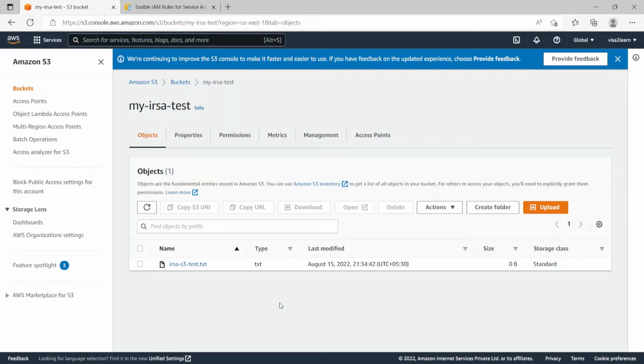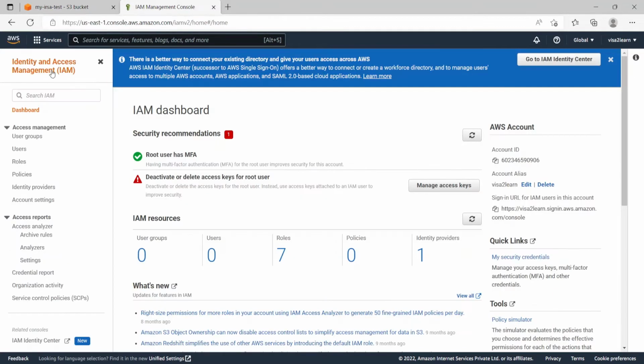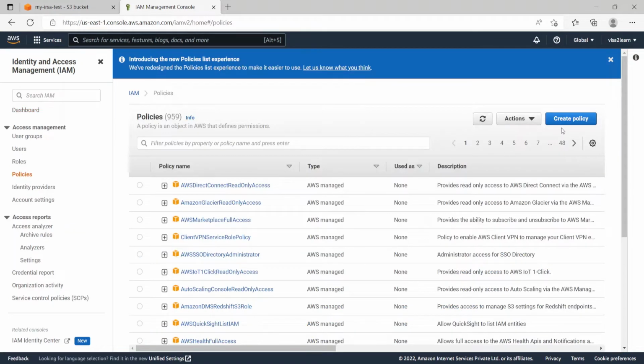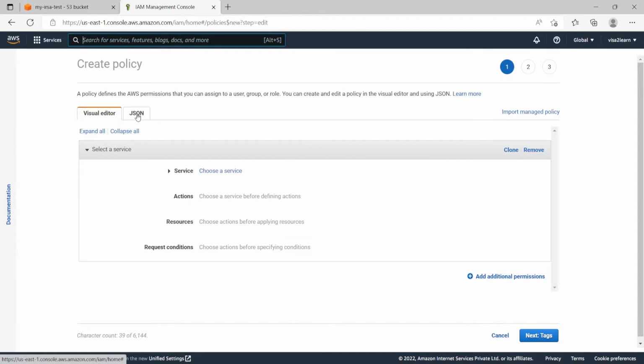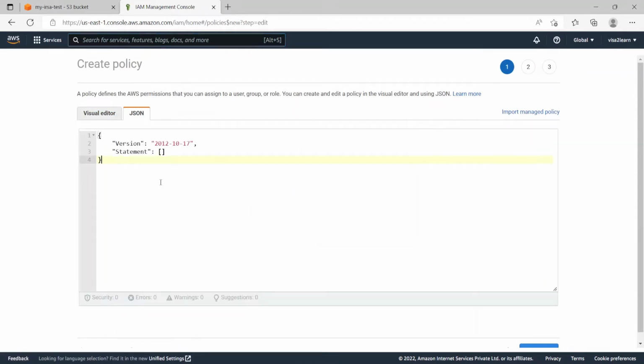We'll be using this setup and see how we can access this from the pod or the application running within the EKS cluster. As a next step, let's create an IAM policy which will allow access to the bucket that we just created. On another tab, I'm opening IAM in the AWS management console. I'll go to policies. Let's create a policy by clicking this button here. We go to the JSON tab and then